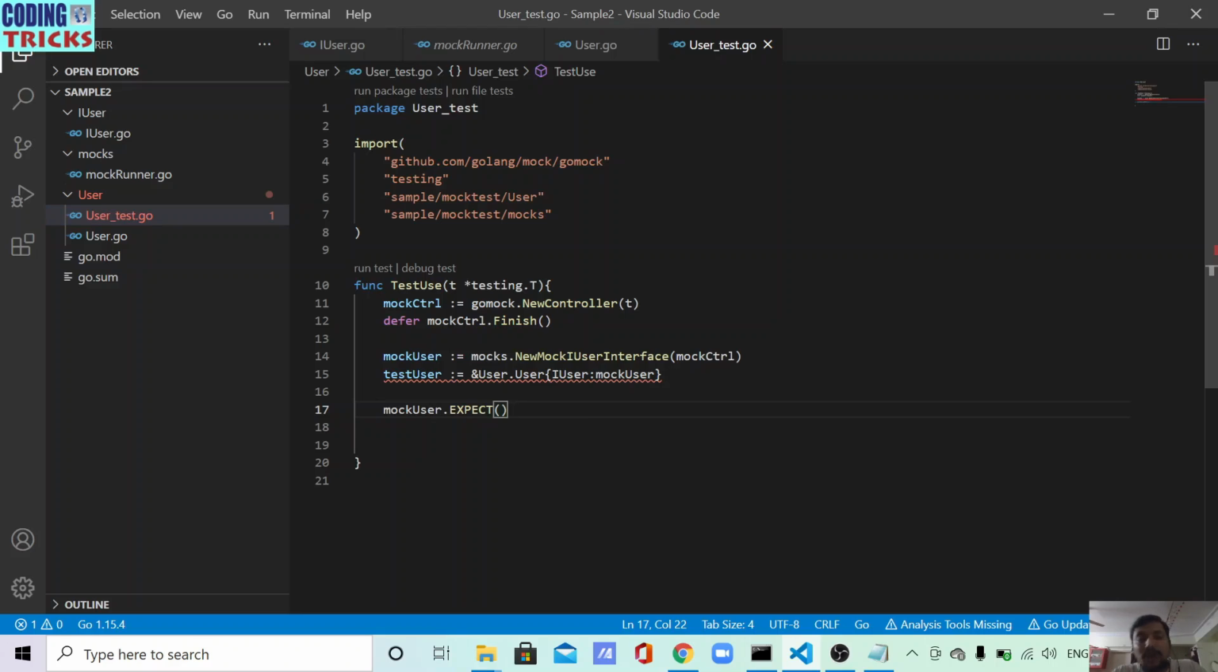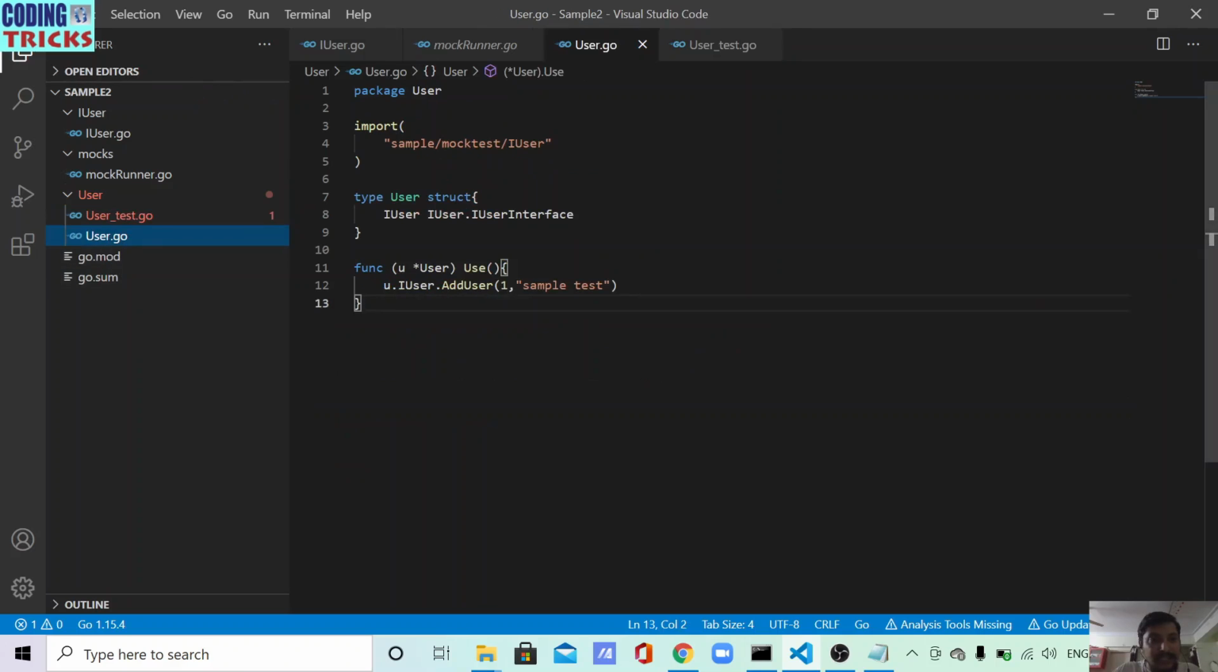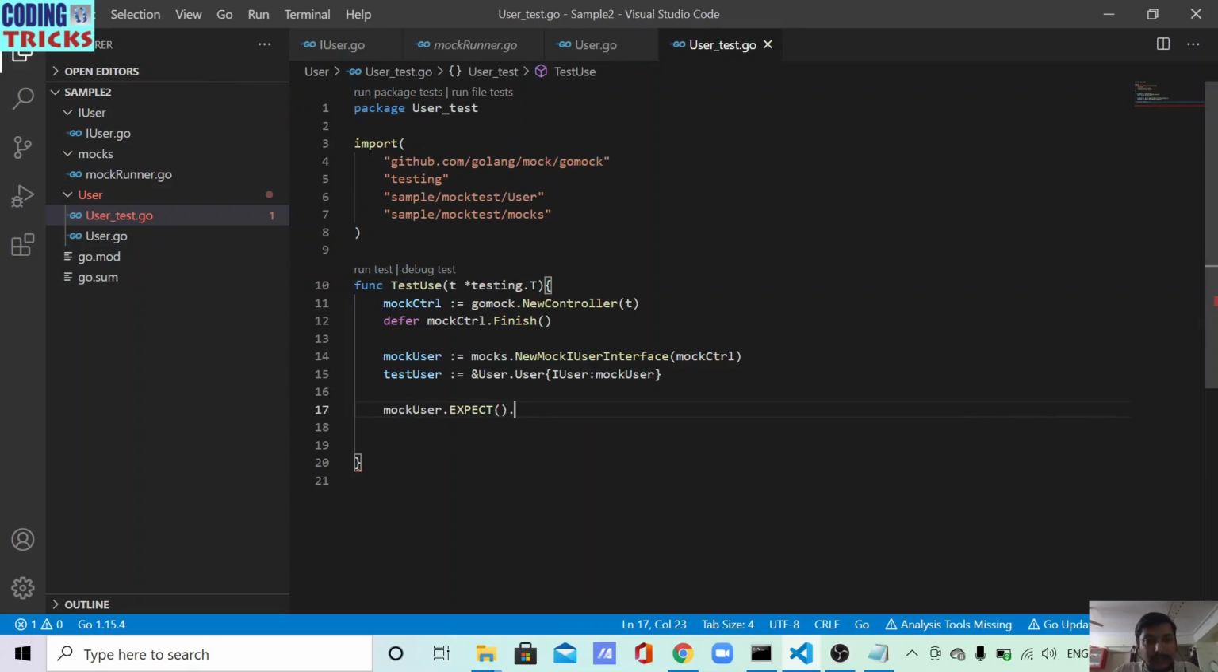This is common to any mocking framework. If it is .NET, we normally have nmock or Moq, and in Java and other languages we use other mocking frameworks. Similarly here also we have mock user dot expect. I'm calling that method, and inside this expect I need to actually call the method. This method I want to mock,